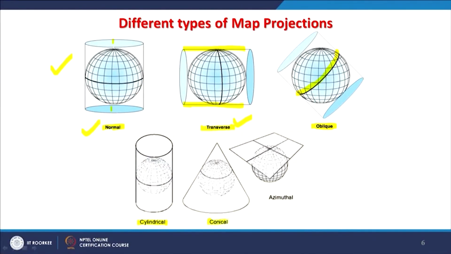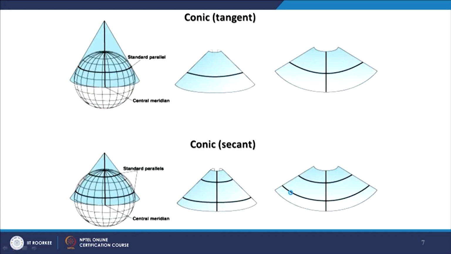So, there might be some issues also. Overall country boundary will also get distorted. So, cylindrical projections, conical projection, azimuthal projection, depending where the country is located on the globe. Now, when we go for this conic tangent, then this is what we call a standard parallel, which touches all